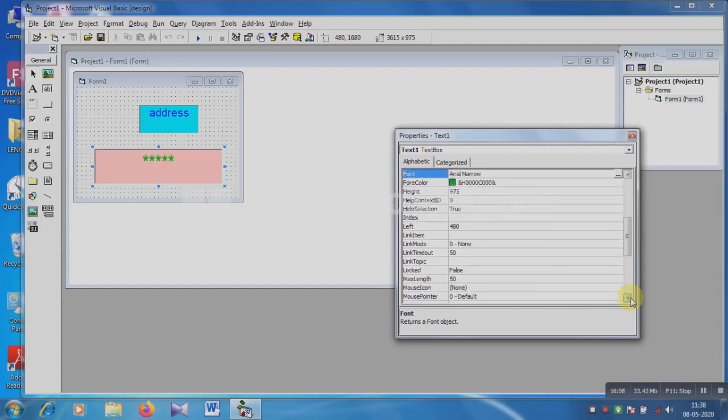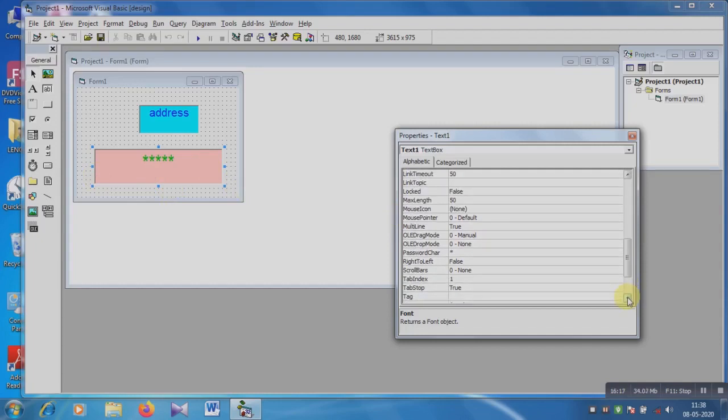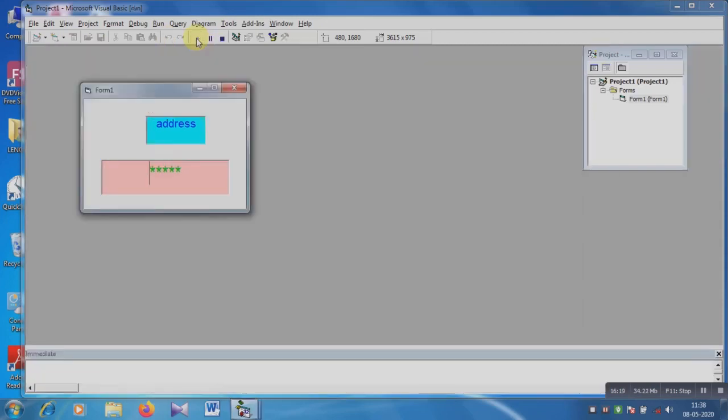I think now you can see properly. Okay, this is the password character. So when you run this and write any word, the star will be printed.